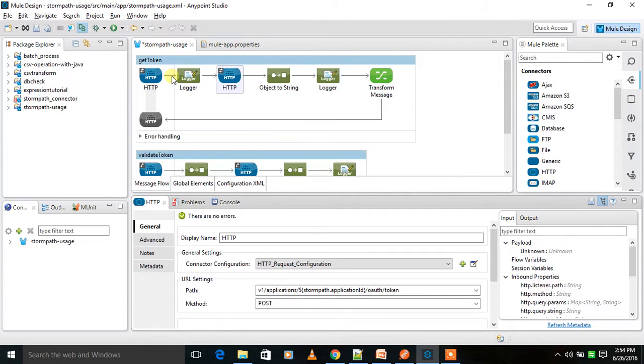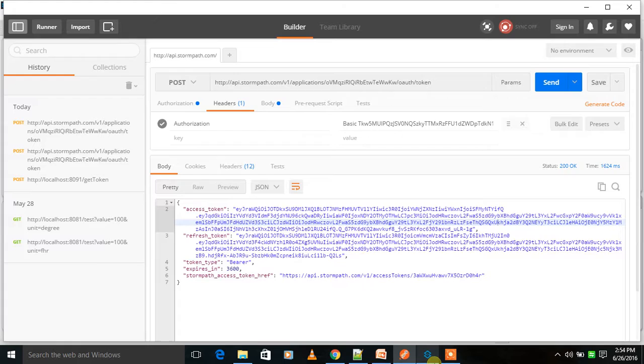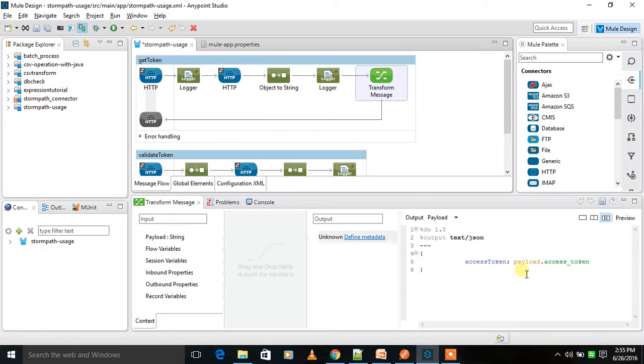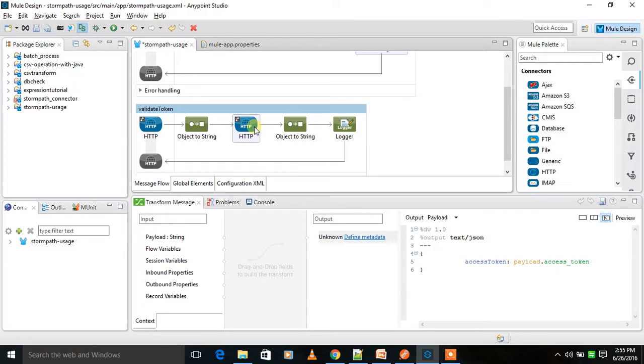Okay, so once you hit this, you can get the access token, and you get all these values here. What I have done is, in the transform, I am just accessing this access token here. You see, payload dot access token. So I am just retrieving one value and passing it on. Similarly, in the validate token also you have to